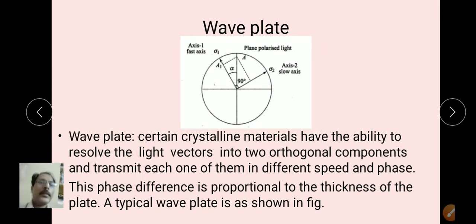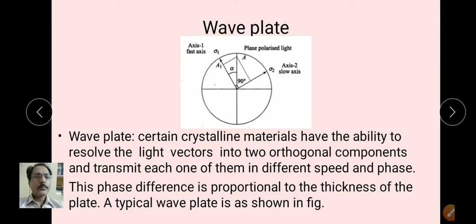So next we study the wave plates. As you know, wave plates are also one of the important parts of photoelasticity. Wave plates are the main elements used to produce the polarization. Mainly there are two types of wave plates: quarter wave plates and double quarter wave plates, which we are going to consider here, each having different inclinations.